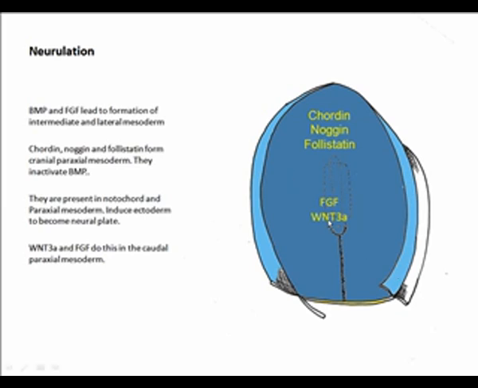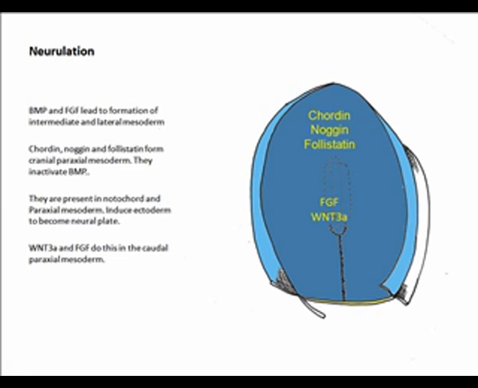When we think about the formation of the notochord and its movements, we can think about what are some of the events that are taking place that lead the notochord to induce the overlying ectoderm to become nervous tissue. This slide talks about the fact that bone morphogenetic protein and fibroblast growth factors are important in forming the intermediate and lateral mesoderm,